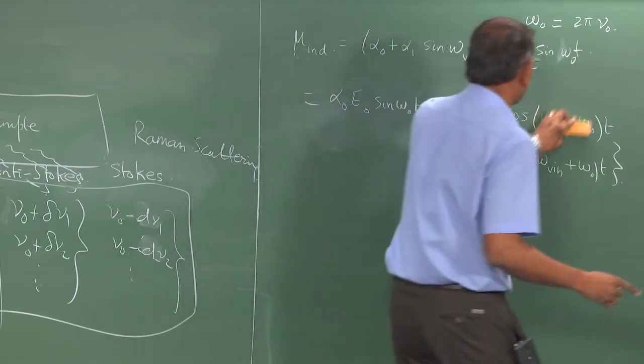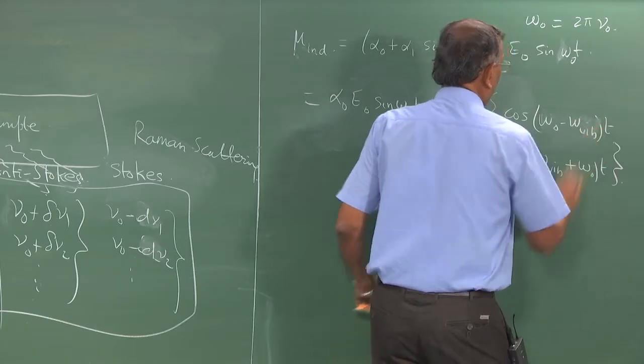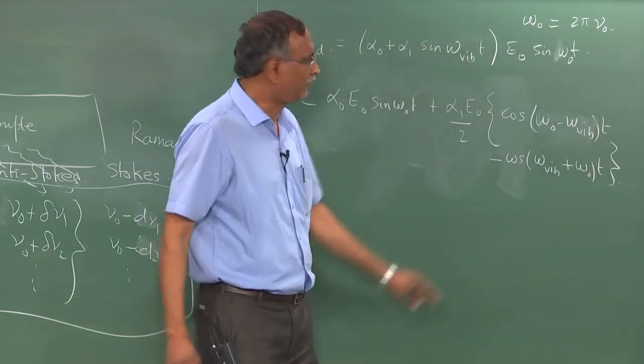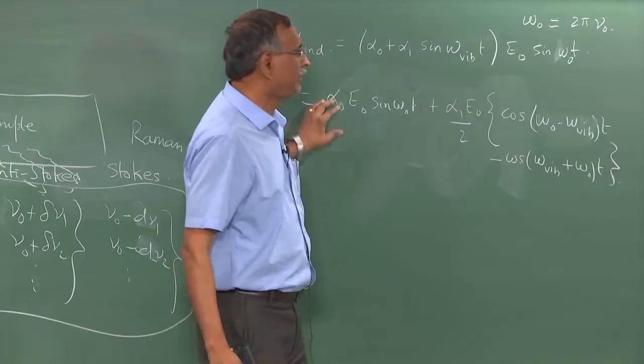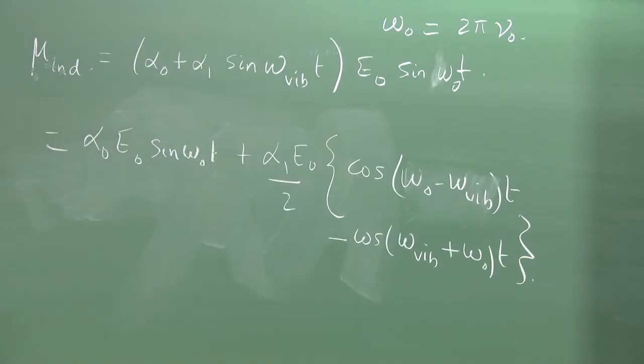So, if you want to write this, you can say omega naught minus omega vibration, and this is also omega naught plus omega vibration. Therefore, the dipole moment thus has its own oscillations, and this results in the energy exchange,